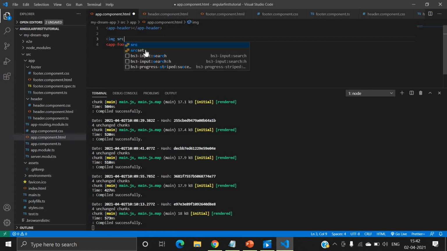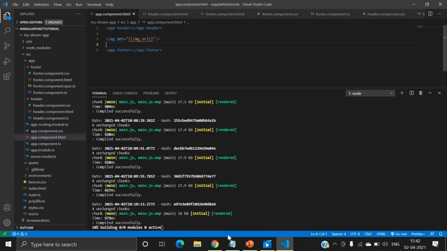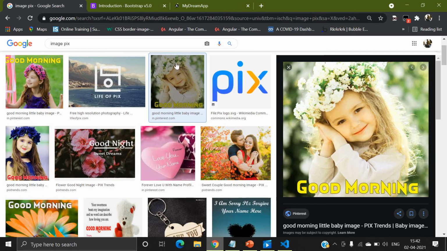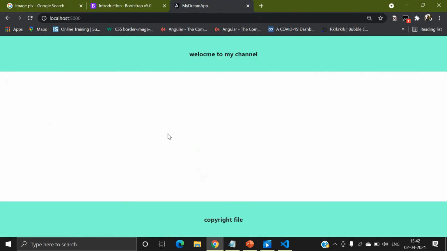Beside this image I will use the src attribute, and right here by using interpolation, I will copy this image. Okay, first of all I will copy, save, and now again let's move on.